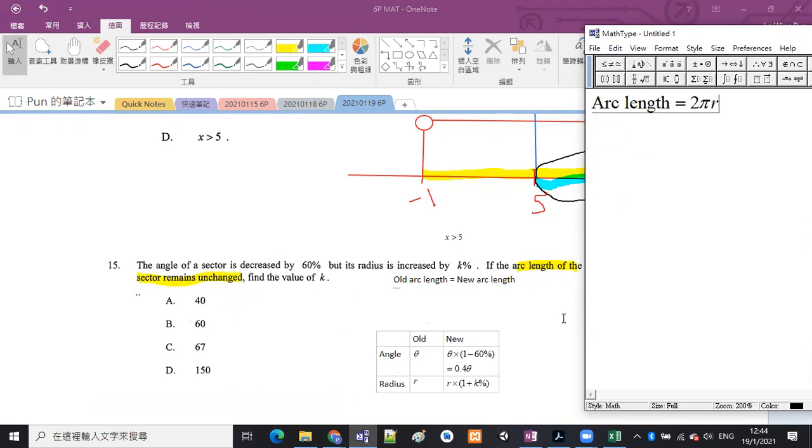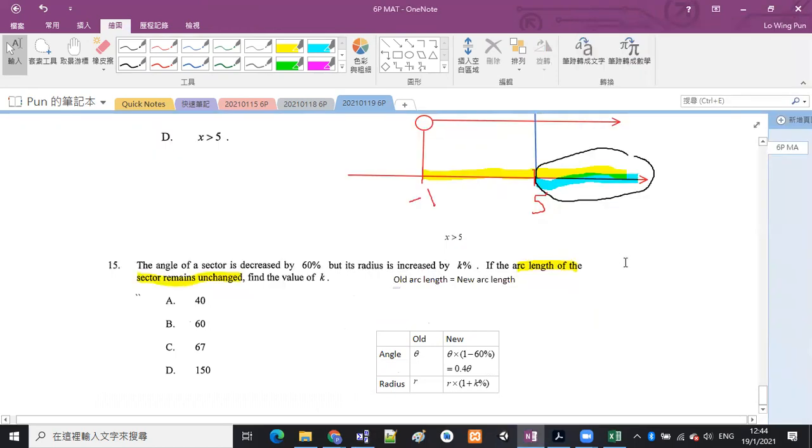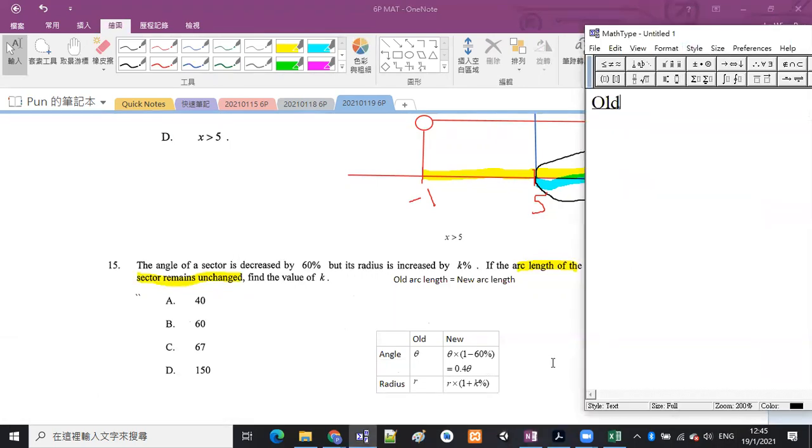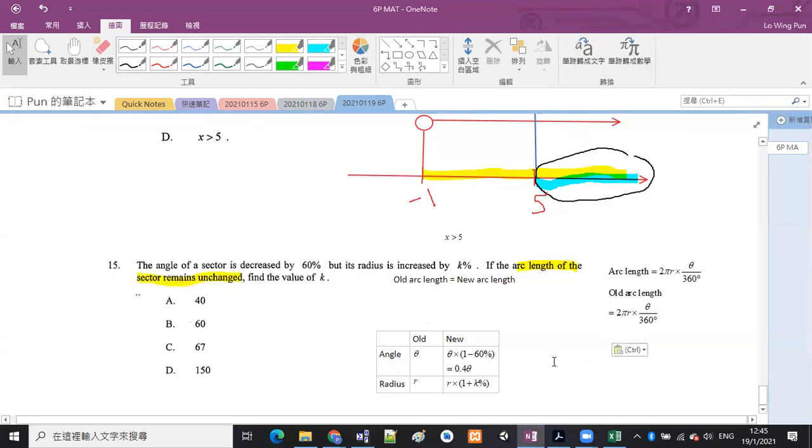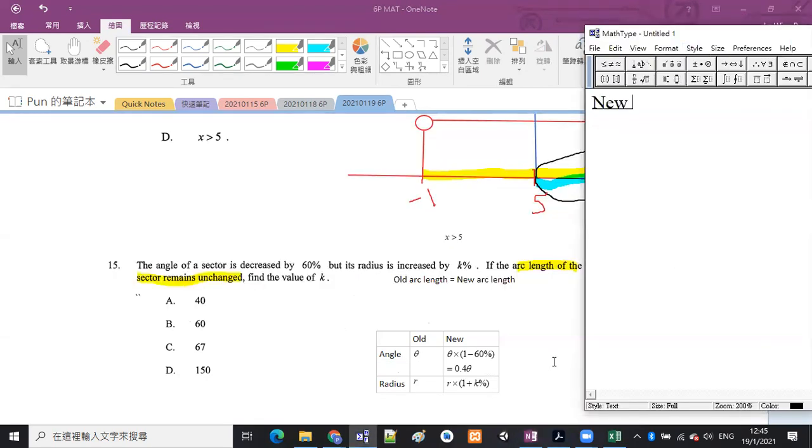2 pi r times theta over 360 degrees。呢個係温書要識嘅。好啦，個 old arc length 係等於幾多？係等於2 pi r，因為舊嗰個 radius 就係 r，乘以舊嗰個 theta over 360度。寫出嚟先。然之後 new arc length 最麻煩，new